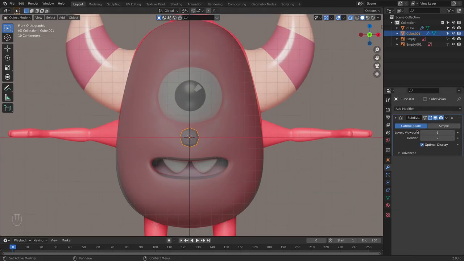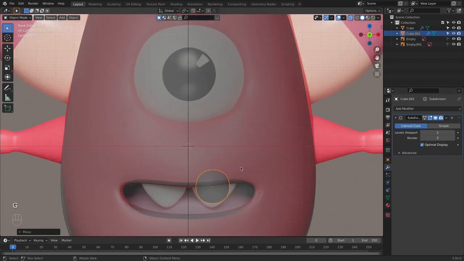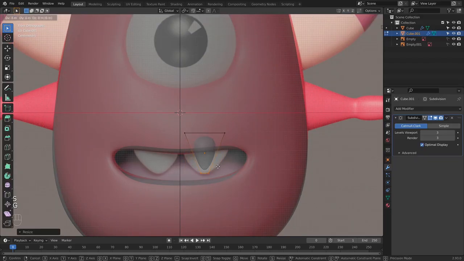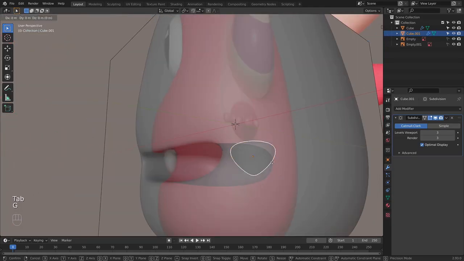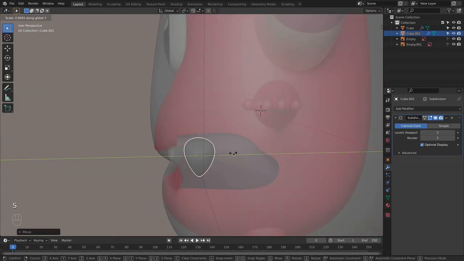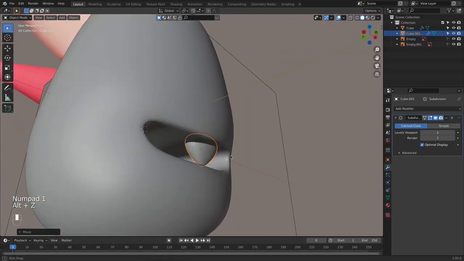We are going to be increasing the number of subdivisions in the viewport and in render to 3. Once we did that, we will position the tooth where it needs to be, right here on the reference image. And now I will select the bottom, scale it down, bring it down, and then I will scale the top here, and voila. Now I will grab the tooth to the front, scale it in y-axis, and let's position it